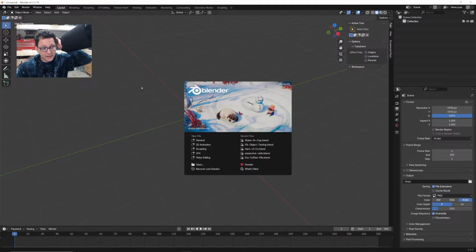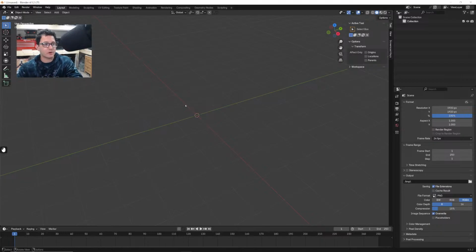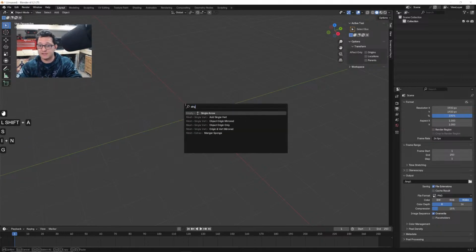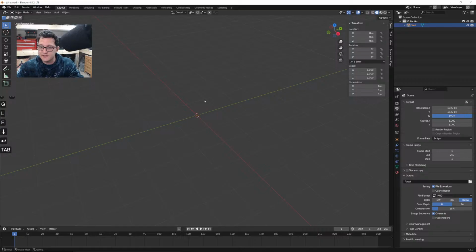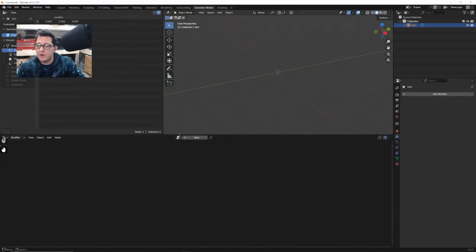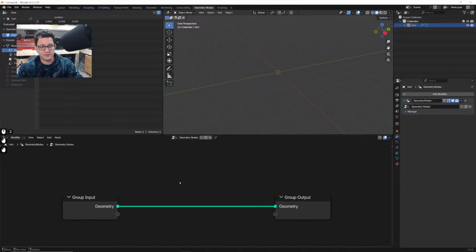Not too many huge differences there. It's a few updates for like geometry nodes and things like that. But for our purposes, we're just going to go ahead and add a single vert here. Tab out of edit mode. Now you can't really see it because it's so small. It's in the center. We will hop over to geometry nodes, click on a new geometry node setup, and the